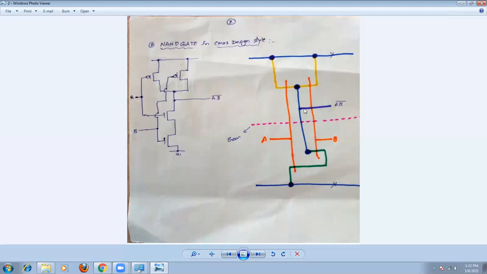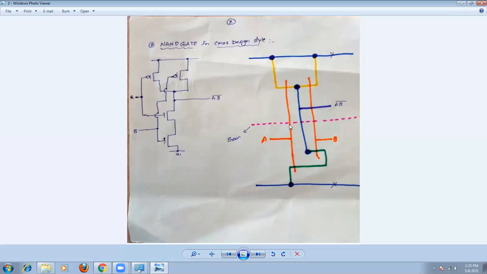Only polysilicon and metal will cross the demarcation line. So these are the P transistors we are going to place like this, and here also. Now see, we are going to join these 2 points. That's why we can change, no problem. So therefore we can take a red color and join these 2.